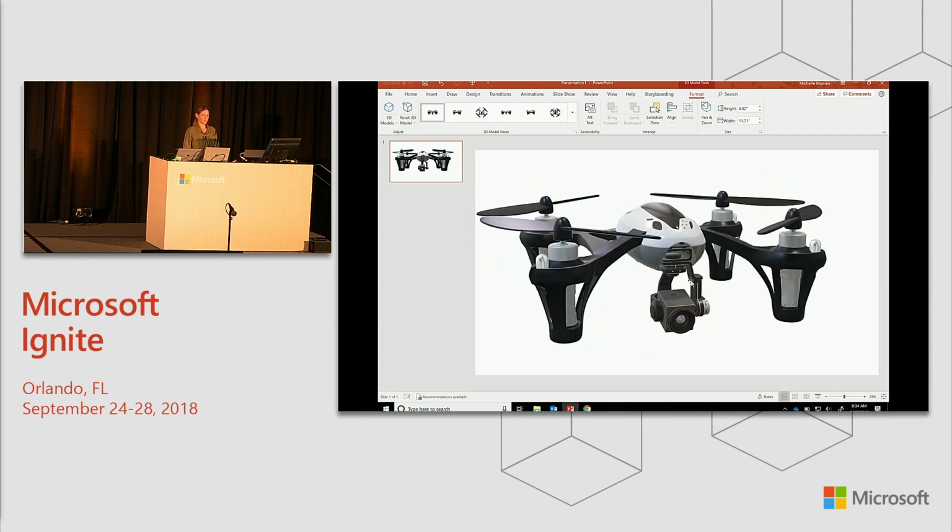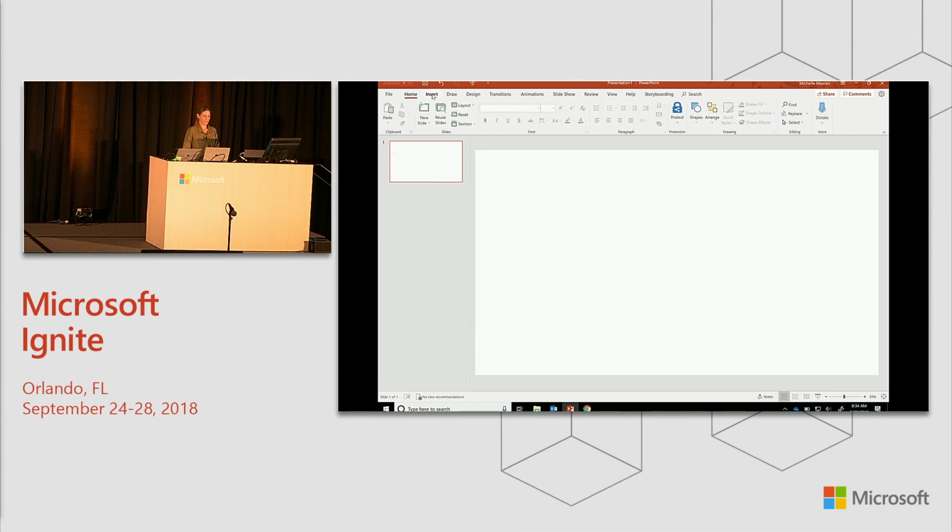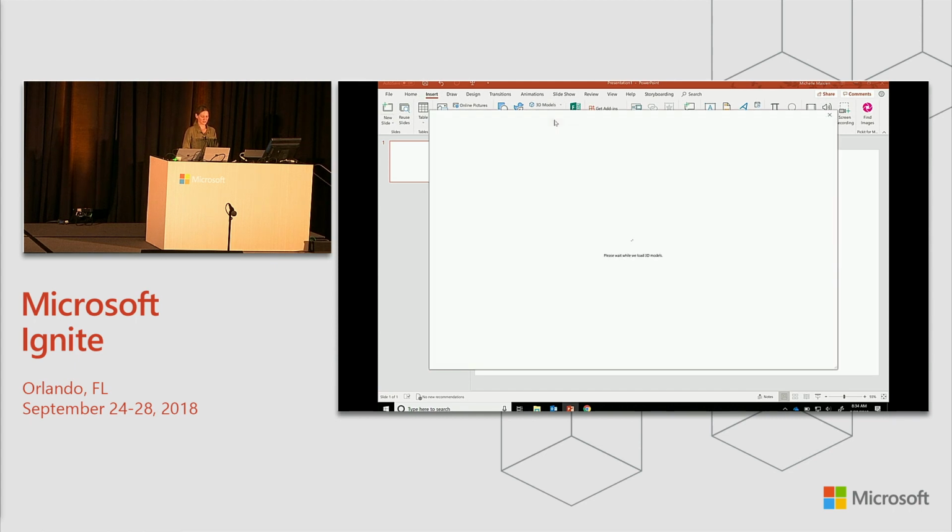So they want to be able to bring those into the Office suite and use them. But let's go to the cool stuff, which is actually our online catalog. So 3D models from online sources. And what you're going to see here is we have a catalog of over 7,000 different 3D objects, and